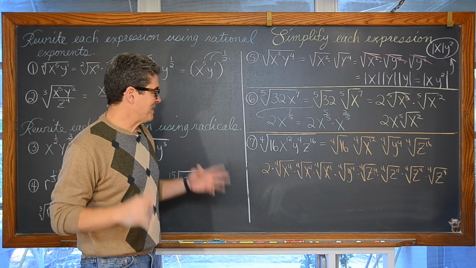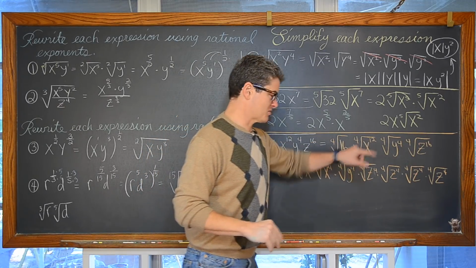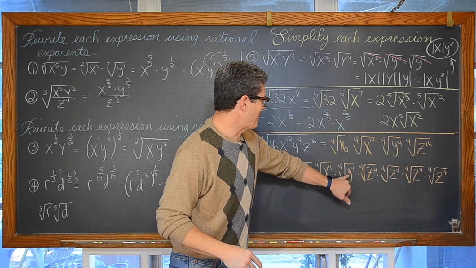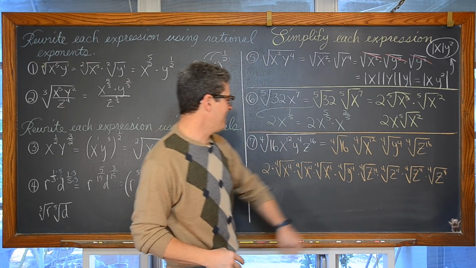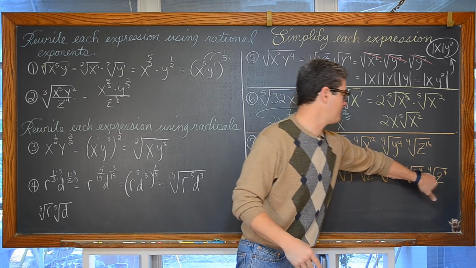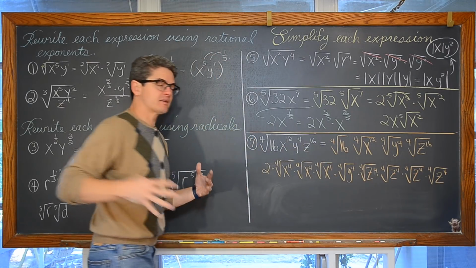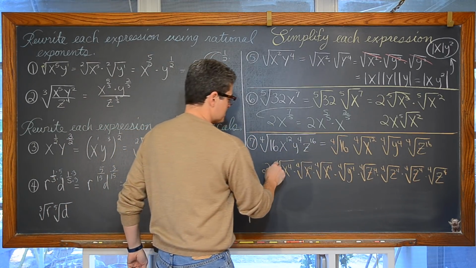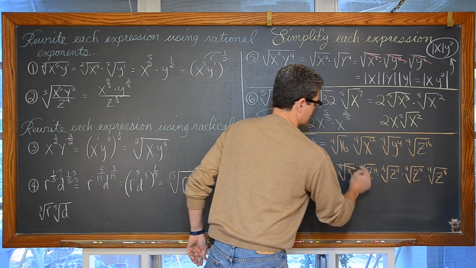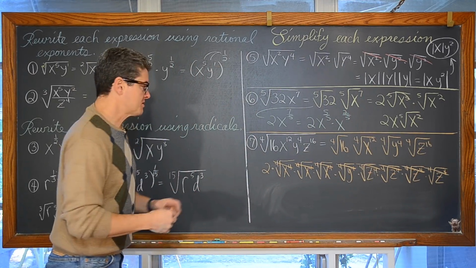okay, so a lot of writing, but x to the 4th times x to the 4th times x to the 4th is x to the 12th. Excuse me. At least you can't catch my cold over the internet. We have y to the 4th, and we have z to the 4th times z to the 4th is z to the 8th. Now we have z to the 12th. Now we have z to the 16th. So I've just expanded this expression out as much as possible. And look, each of these, even root, even power, are going to require, like we showed in the first example, an absolute value sign.